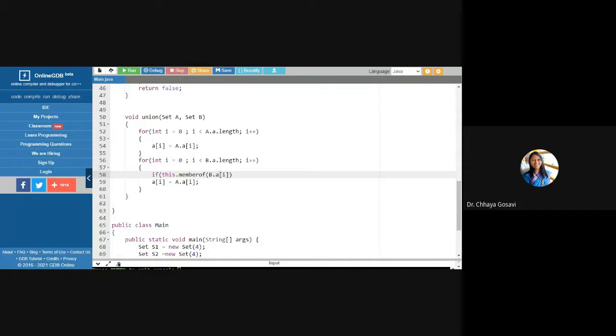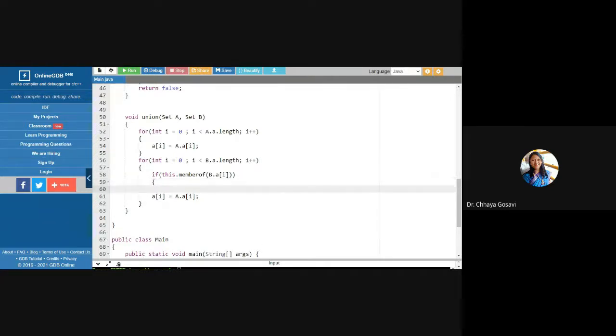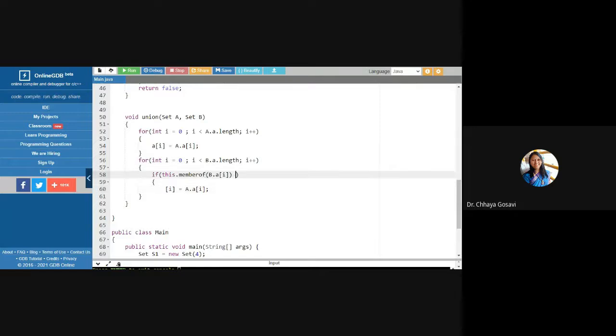I have to check whether the element which is present in B is a member of my result variable. If this is not true, if member of is equal to false, if it is not a member, then we have to copy that element from the array of B to my array.